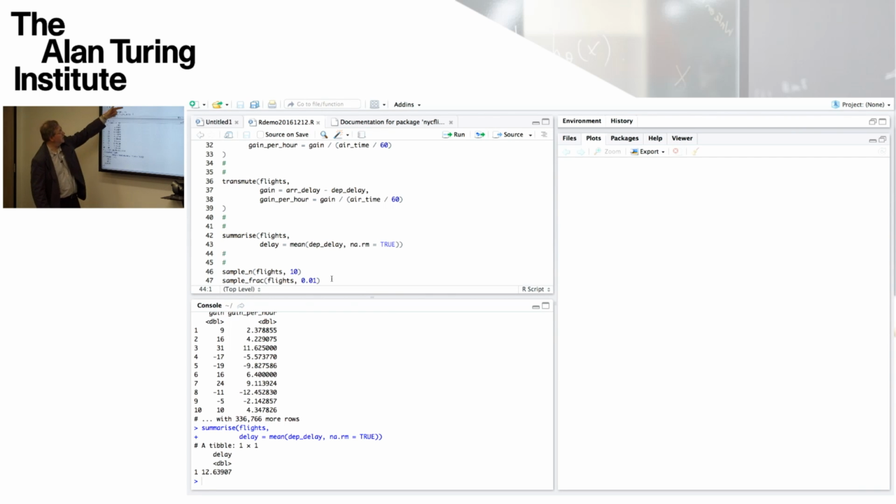Now some departure delays are actually missing, so they're NA. So when you take the mean, if you didn't override the default, it would take the mean of that set of observations, one or more of which are NAs. It would just say the mean is NA, which is probably what you don't want. You want to remove the NAs. So if you say NA.remove equals true, then in mean, as in several other functions, it drops the NAs first and then takes the mean of the remaining values. That's a very useful behaviour to be familiar with. So the mean delay looks like about 12 to 13 minutes on our flights.